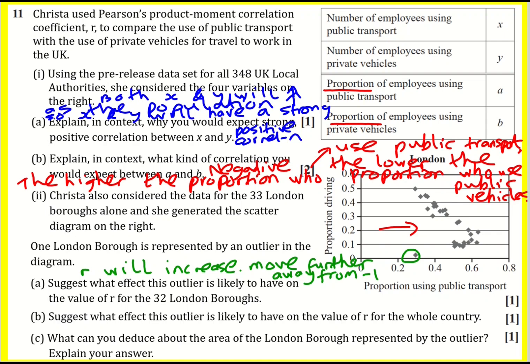What effect is it likely to have on the value of R for the whole country? Well, it's probably going to make it closer to zero again. However, over the whole country there are a lot of local authorities, so this one particular value is not going to have much of an impact, and that's what they're looking for here. It's going to have little effect. You could say it's going to maybe slightly make it go closer to zero, but you should really be saying that it's not going to have much of an impact. Little effect when considering